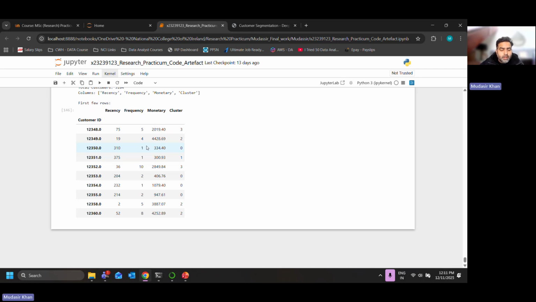To summarize, this notebook builds a complete customer segmentation pipeline from data cleaning and RFM engineering to deep learning based representation learning, clustering evaluation, and business interpretation. By combining RFM with deep learning, the segmentation becomes more robust and expressive than traditional methods.